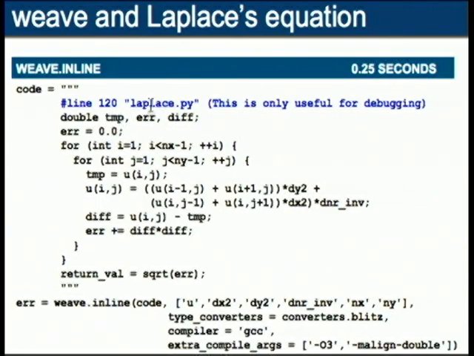There's weave.inline, which gives us a bit more control. We can be a bit more verbose. And here we have a nested for loop in C++. Okay, we're sticking that into our string. There's a lot more going on here. Again, of course, I don't have time to go into the details, but